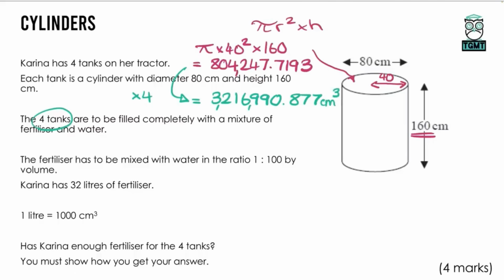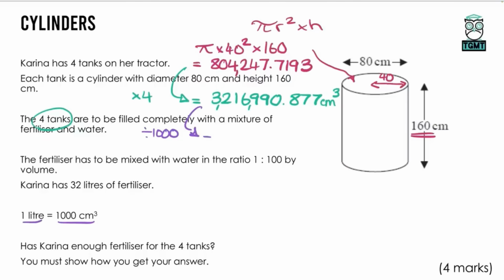Now, it says here, Karina has 32 litres of fertiliser, and it's going to be mixed in the ratio with water 1 to 100. So we're going to need to work out exactly how much volume we have here, but that's given to us in litres, and we're currently working in centimetre cubed. So completely up to you. You could either convert the 32 litres into centimetre cubed and keep dealing with very large numbers, or we could turn this volume now into litres, and we can do that just by dividing by 1,000, as it's 1 litre for 1,000 centimetre cubed. So if we divide that by 1,000, at least we're going to get some slightly smaller